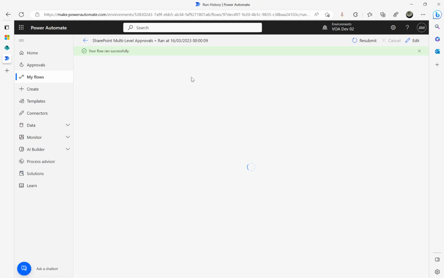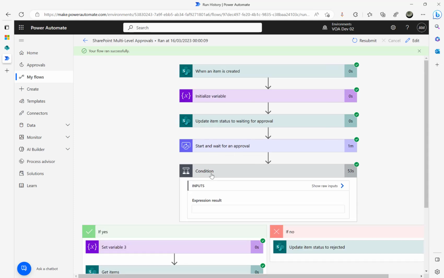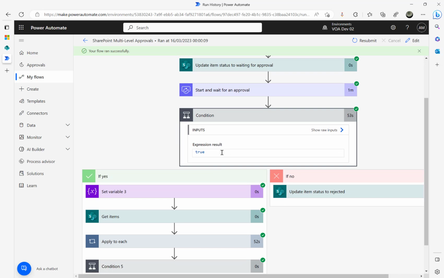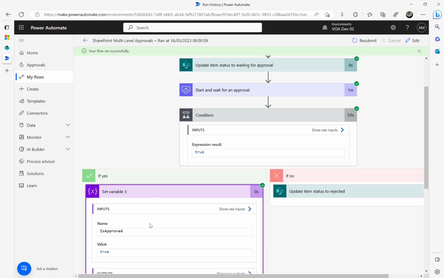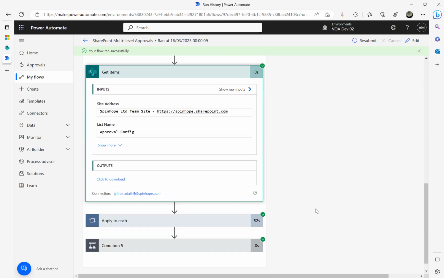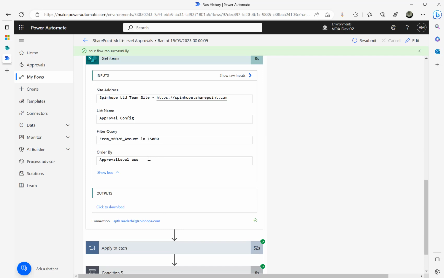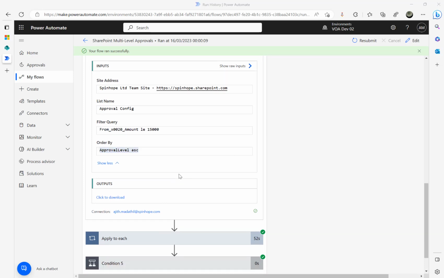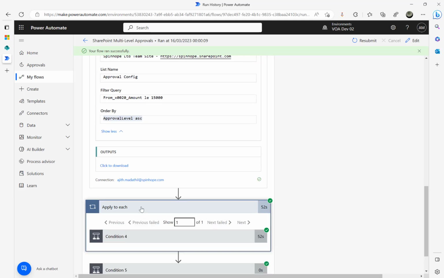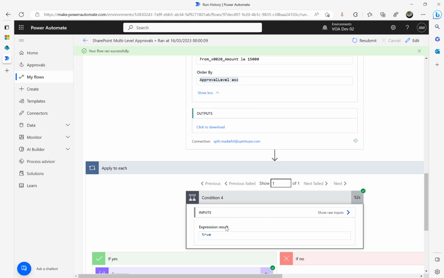So let's go back and check that run history here. See, that's the first level approval. Then in the if condition, it said if it's approved, we set the variable is approved to true. Then we're getting the configured items. The order of the approval level is ascending. And then inside the apply to each, we got all the emails. And again, checking if it is